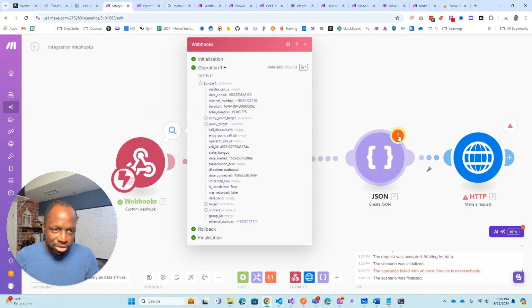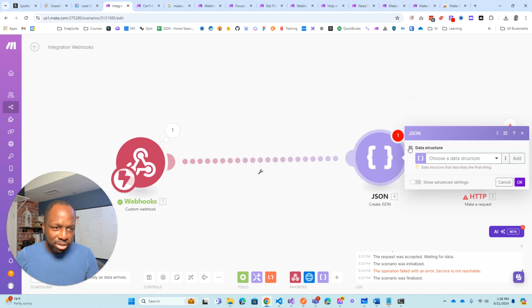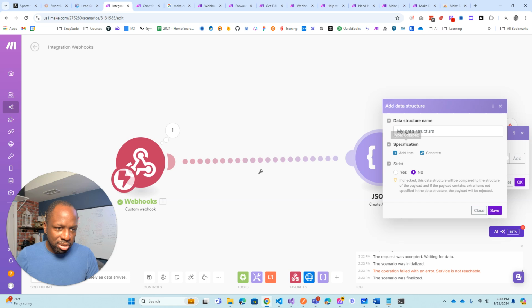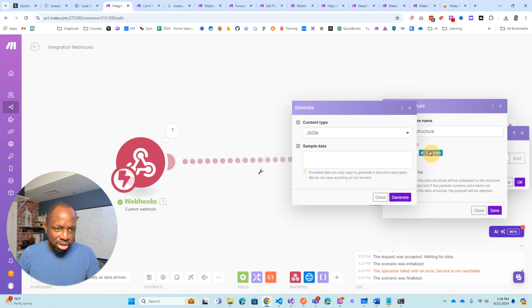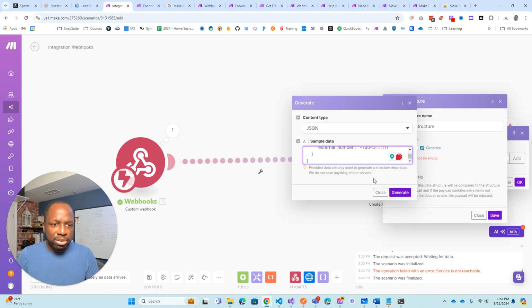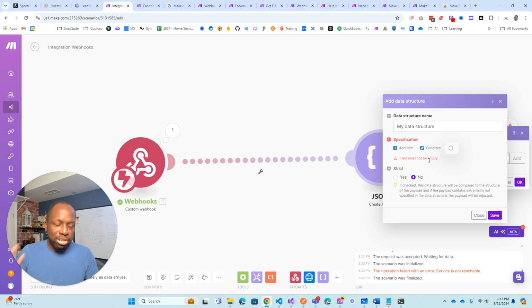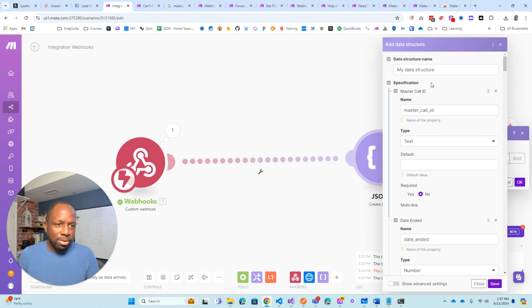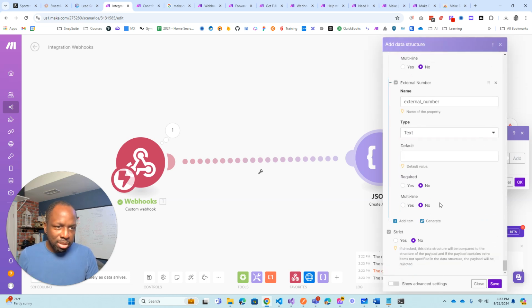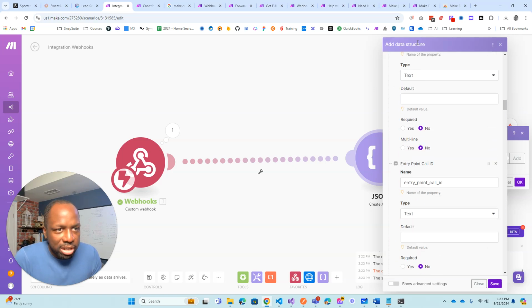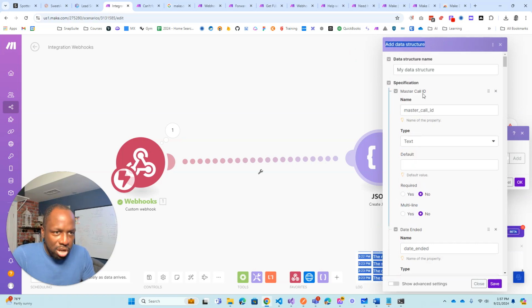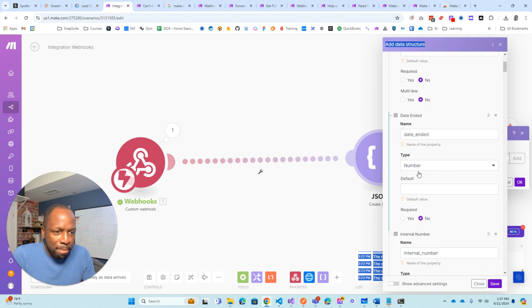And then that data structure, you could come back here. Sorry, it says here. It didn't add it here, right? Generate, paste that in here. Then you could do that, and now you have a data structure that you could work with. Okay, so now that it's done, this entire create new JSON, now you can basically map each